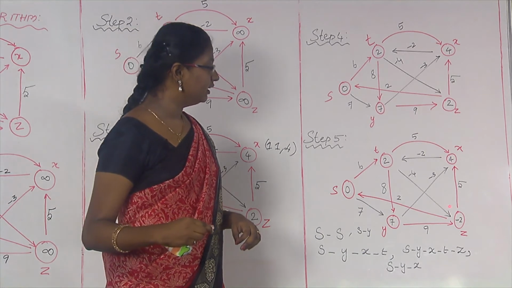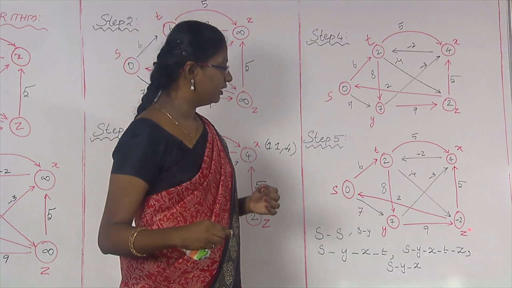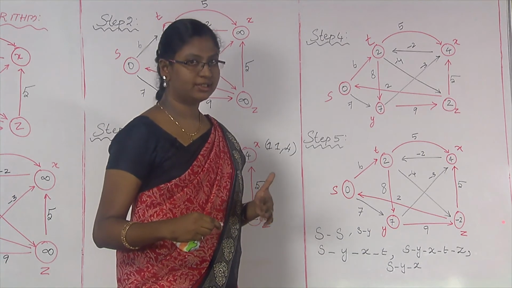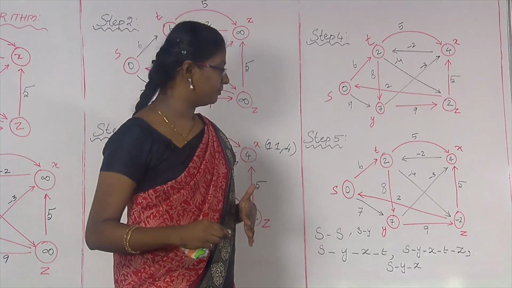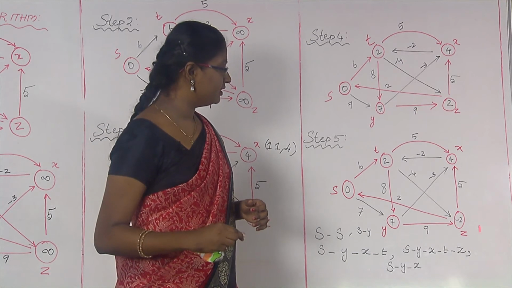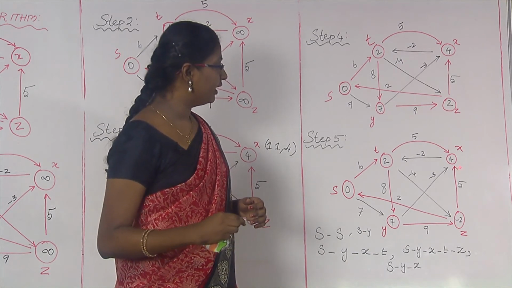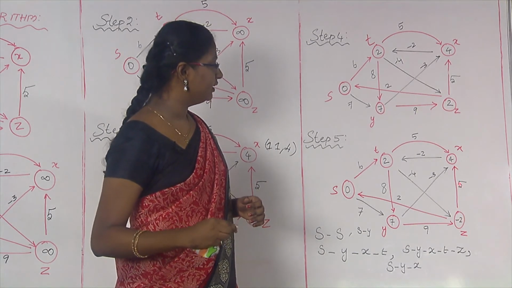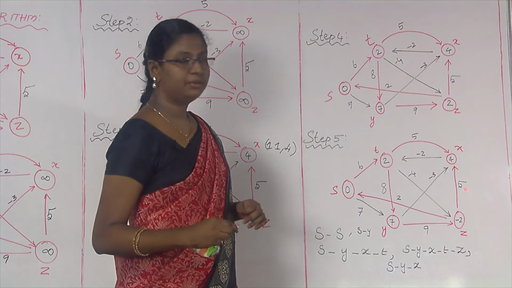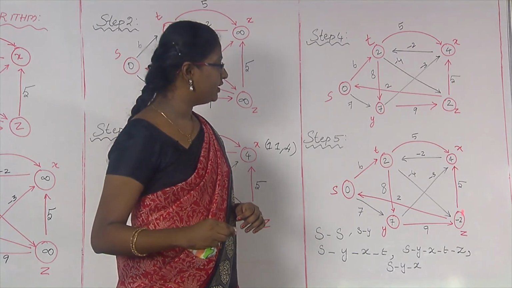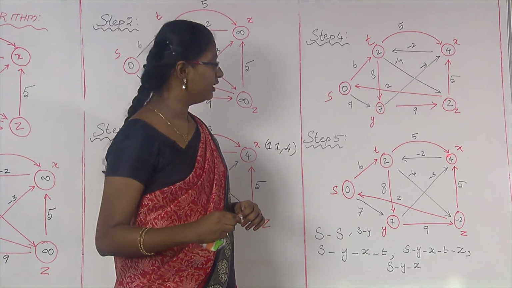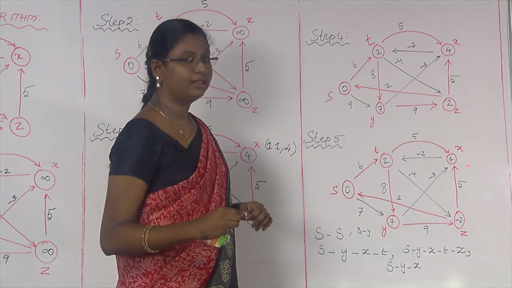Now, as usual we will be considering the distance modified vertex and all the arcs that emerge from that vertex. So, consider this Z. Here I have an arc that emerges from this vertex Z, with the edge 5. So, you might think, if I add minus 2 plus 5, I will get 3. So, here I can replace this 4 as 3. You can think like that.